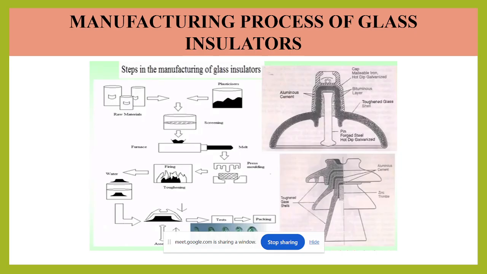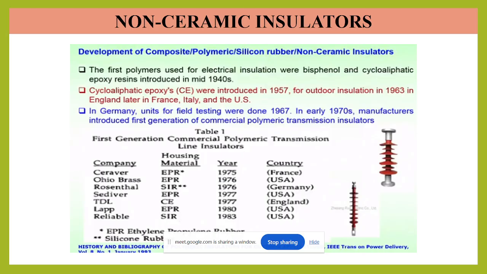Now, moving on, these two insulators are traditional, but nowadays non-ceramic, that is polymer insulators, are being used. That is a development of composite or polymeric, or you can say silicone rubber insulators. The first polymers used for electrical insulation were bisphenol and cycloaliphatic epoxy resins, introduced in the mid-1940s, and epoxy was introduced in 1957 for outdoor insulation, in 1963 in England and France. And in Germany, units of field testing were done in 1967, and in the early 1970s, manufacturers introduced the first generation of